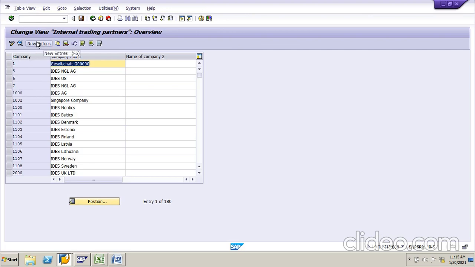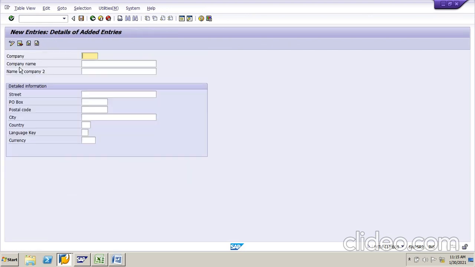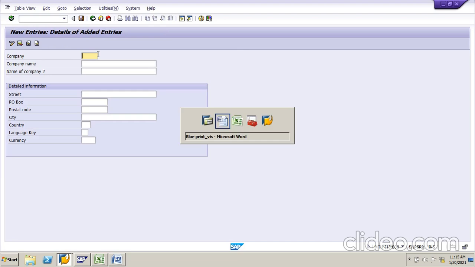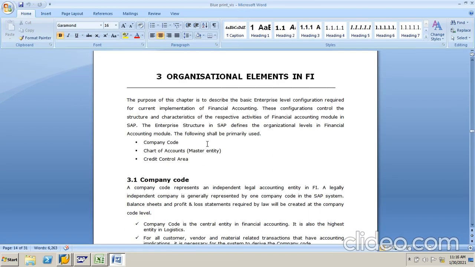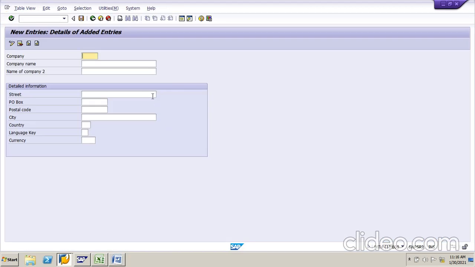Click on new entries. So company. Our company is Dalmia. So give one code. This should be a 6 digit alphanumerical key. You can give any key here, but it should be 6 digits only.